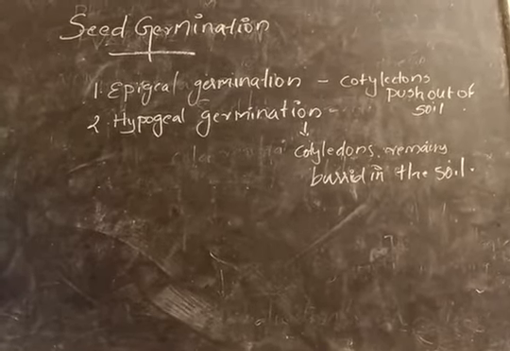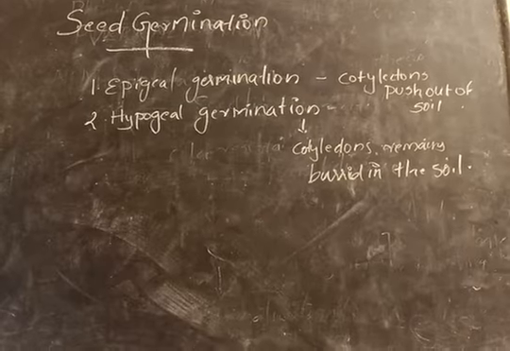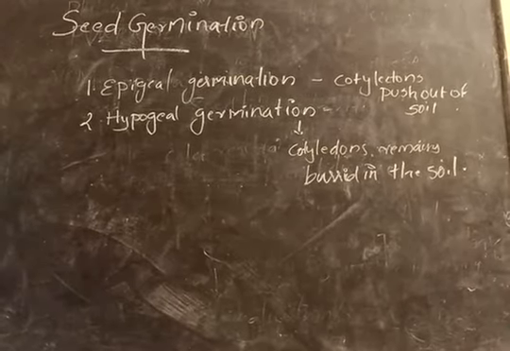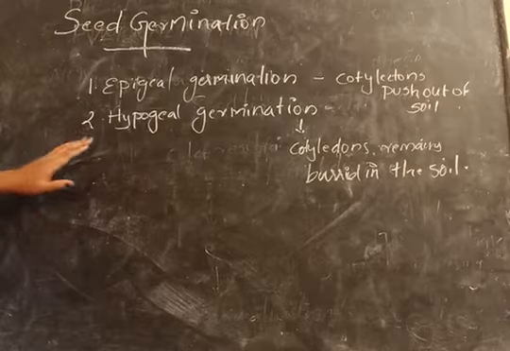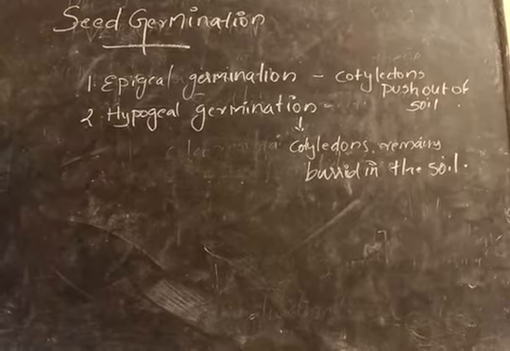In epigeal germination, this happens due to the elongation of hypocotyl, whereas in hypogeal germination, this happens due to